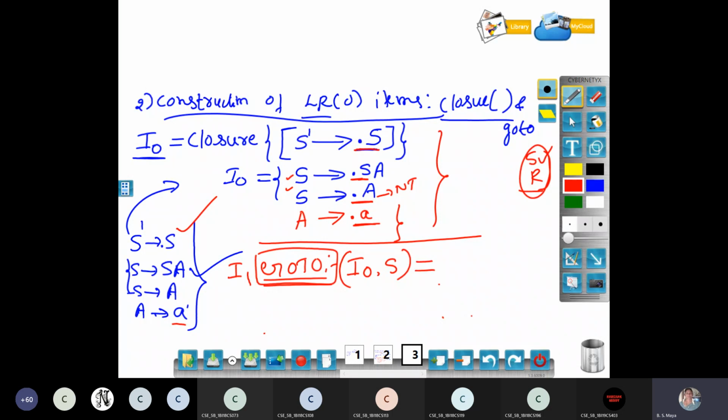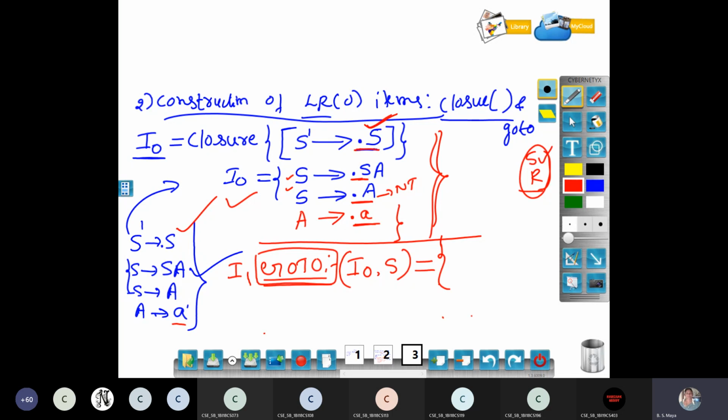I am in the state I naught. I have to move the dot in all the productions in this set. The first is S dash derives dot S. After the dot I have a non-terminal, S. I am applying I naught on S, and you have to write down the productions that will be generated by this.